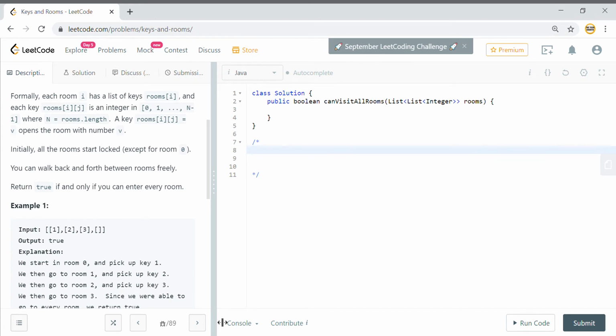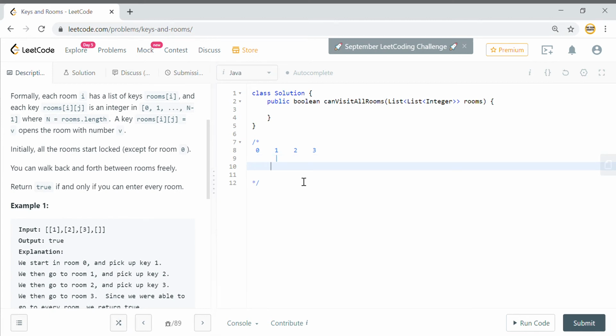So if it is an integer array, you can say that okay, I have room 1, 2, 3, like that. First, room 0 is always visited because it is open. If in room 0 you got the key of room 1, you can mark it as visited or true, or increment the number, whatever way you want to represent it.